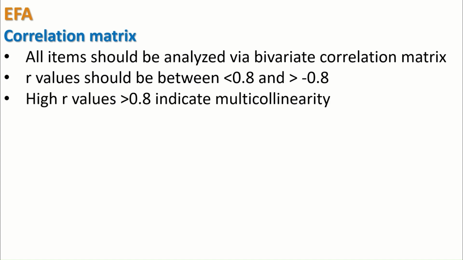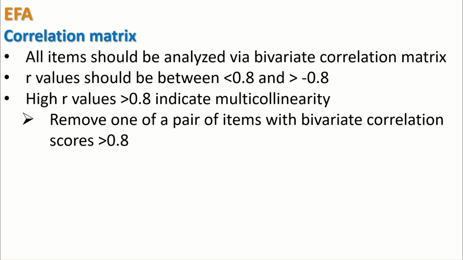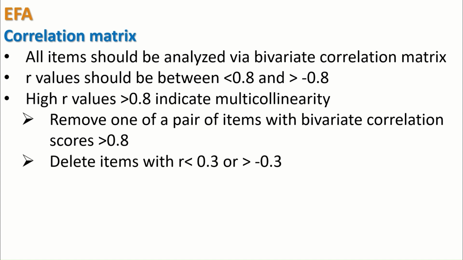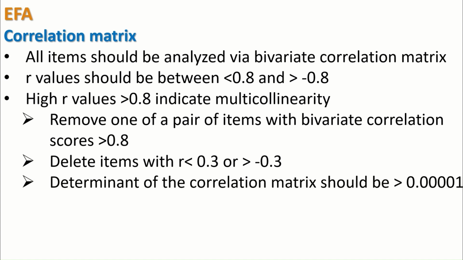Higher correlation coefficient values greater than 0.8 indicate multicollinearity. In this situation, the item or items have to be removed. So remove one of a pair of items with a bivariate correlation coefficient score greater than 0.8. When the R value is less than 0.3 or greater than minus 0.3, then omit that item